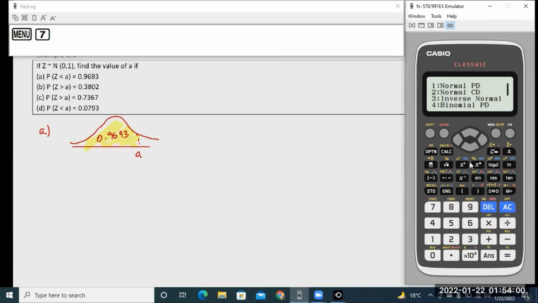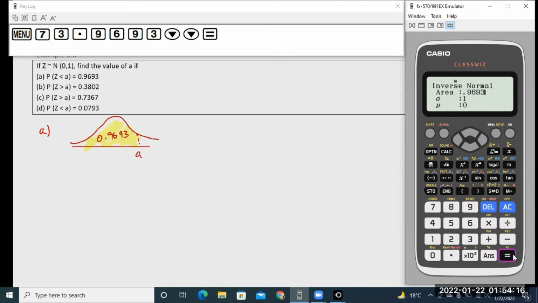Instead of now going to normal CD, you go to the inverse normal distribution and you put in your area 0.9693. Okay, mu and sigma remain as 1 and 0, and you press equals to get your answer, which is